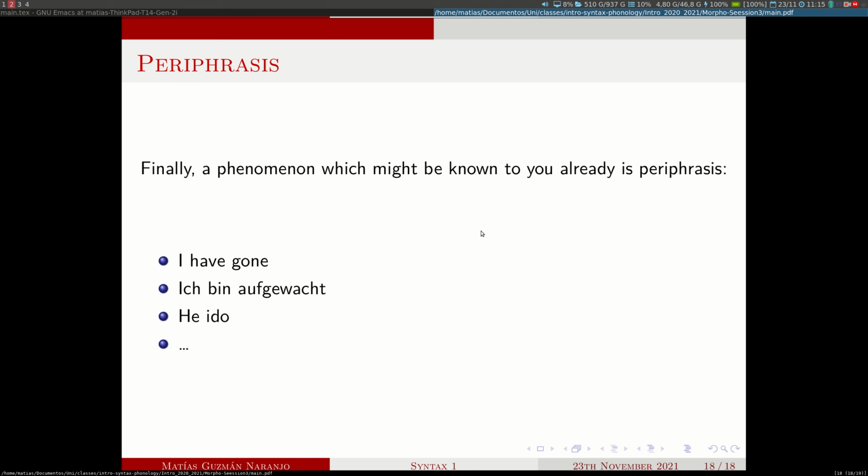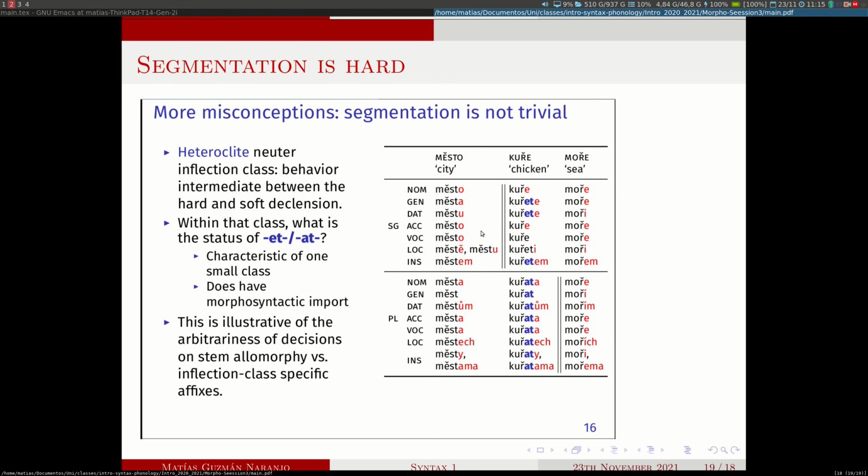And now for something slightly different but still regarding inflection classes and inflection, I want to convey to you that segmentation can be very, very difficult. This is a situation with heteroclisis, which is a paradigmatic situation. Basically, you have one declension class in Czech, so mieszkam here, and you see the basic affixes